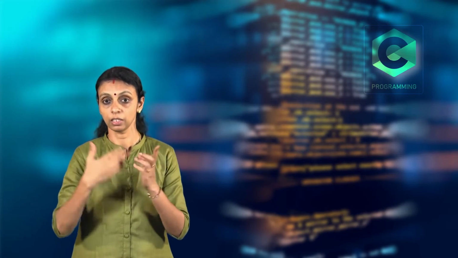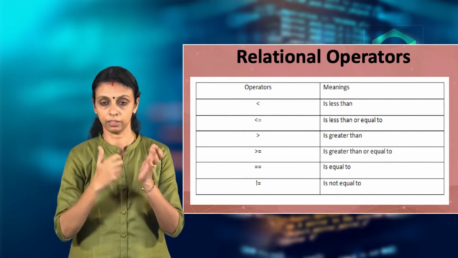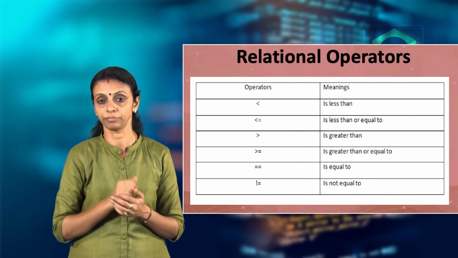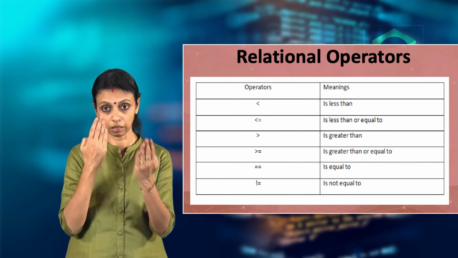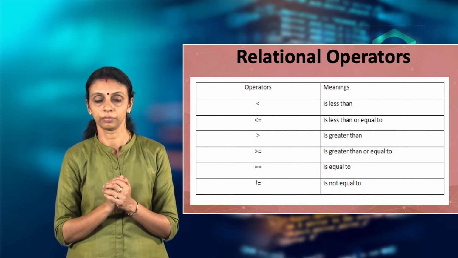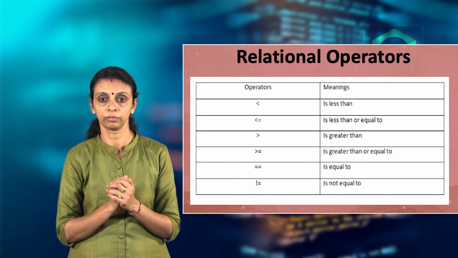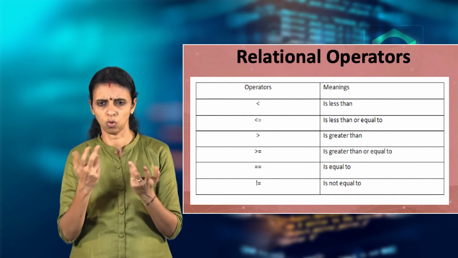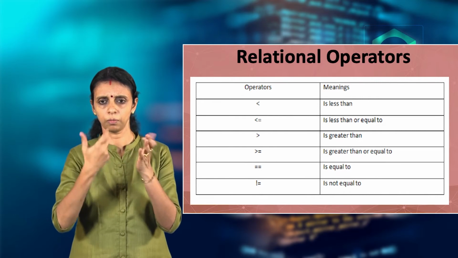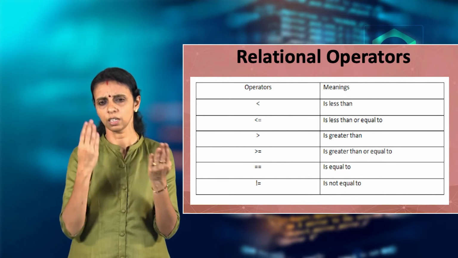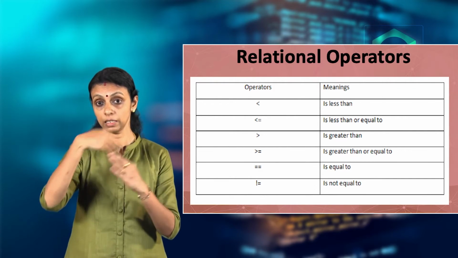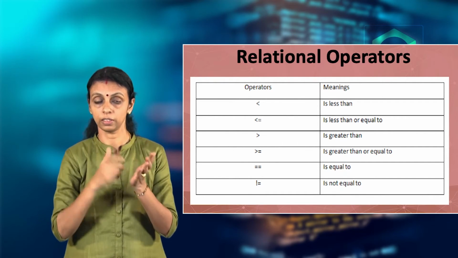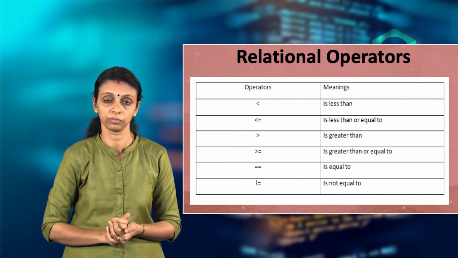Relational operators. Relational operators are used when we have to make comparisons. How can we compare operands using relational operators? There are 6 relational operators in C. These are the 6 relational operators: